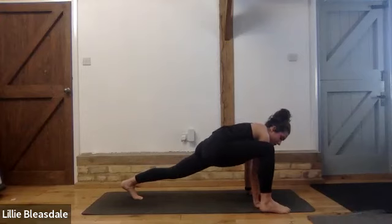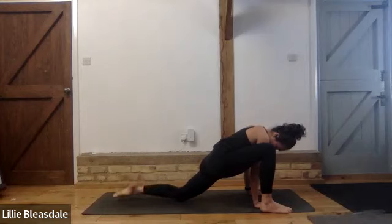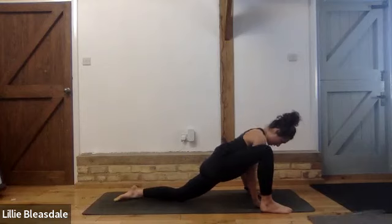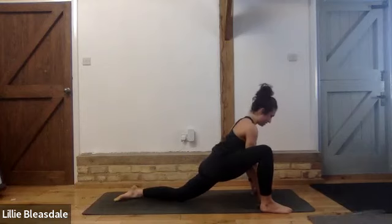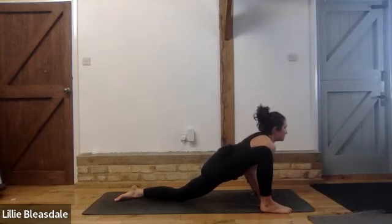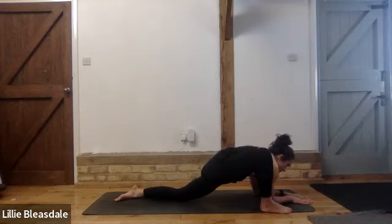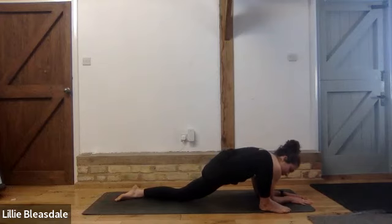So wiggle that foot as far forward as you need to be. Let this left knee come down, toes untucked. As we breathe in here, opening up through the chest. As you breathe out, start to fold your chest forwards. Doesn't matter how low we are, whether we're staying on our hands, maybe you move onto your forearms. And you can stay still or rock side to side